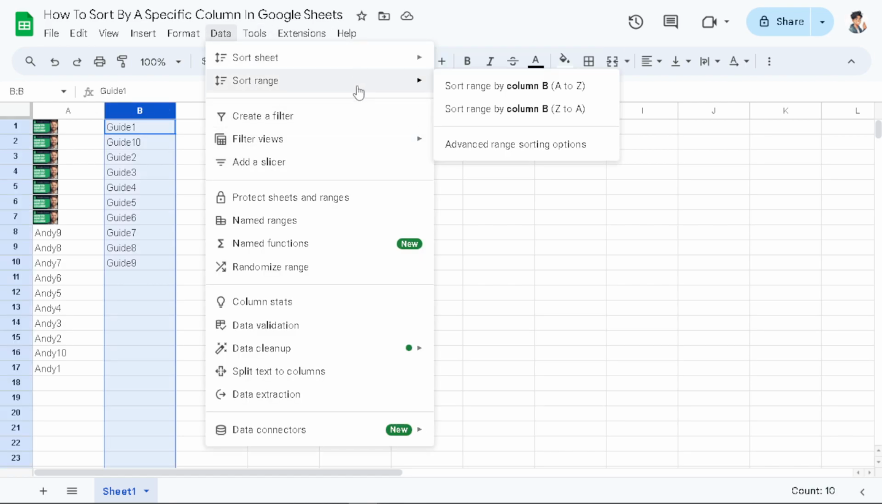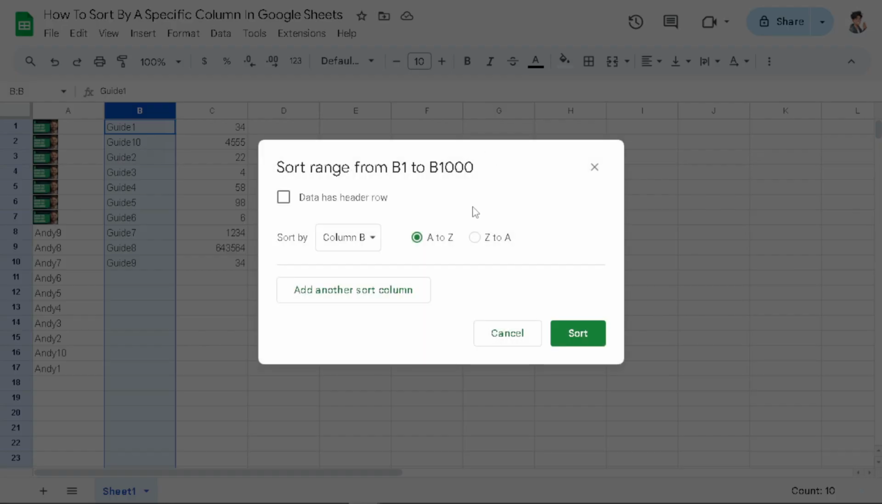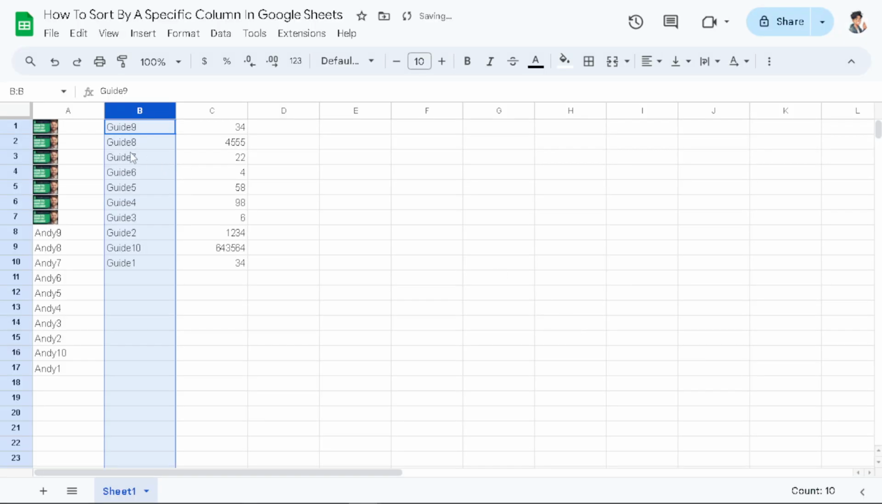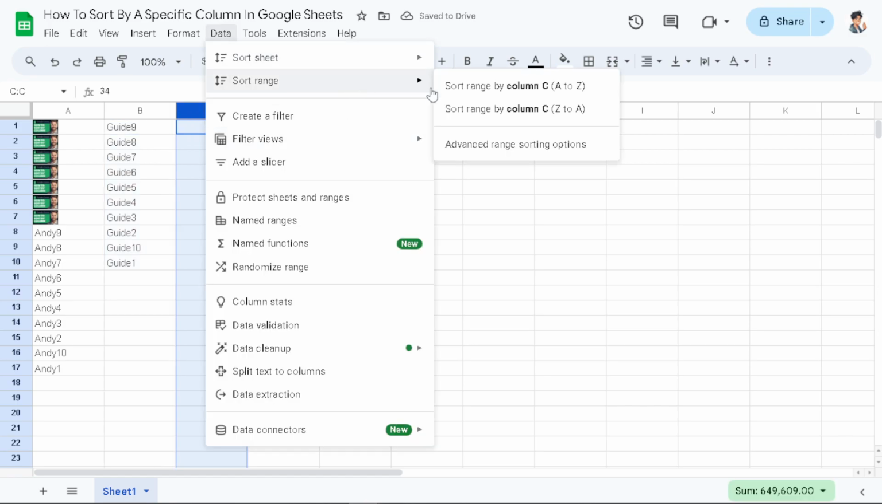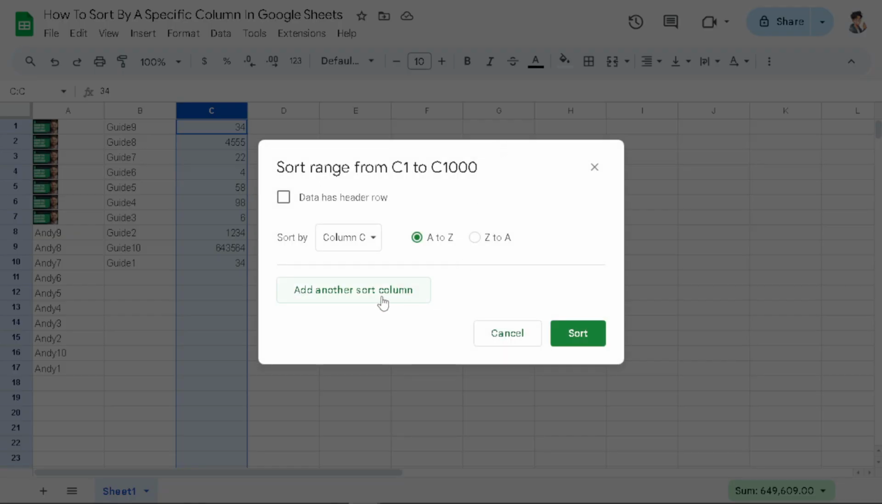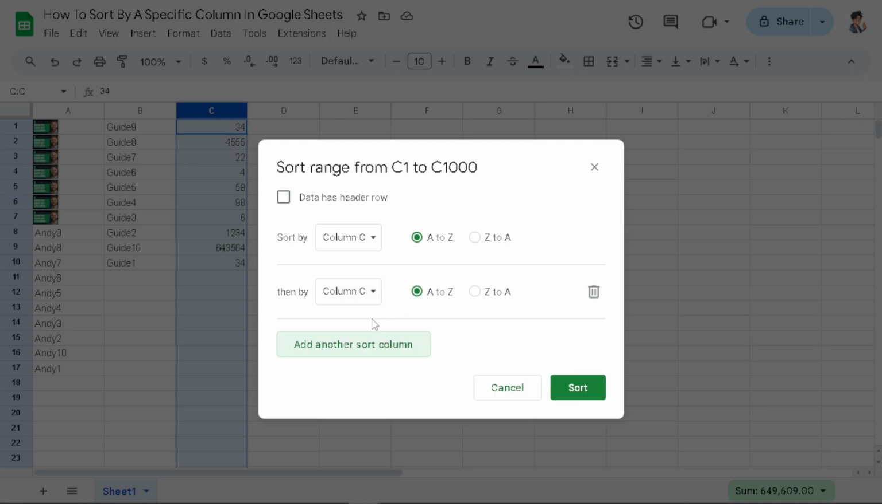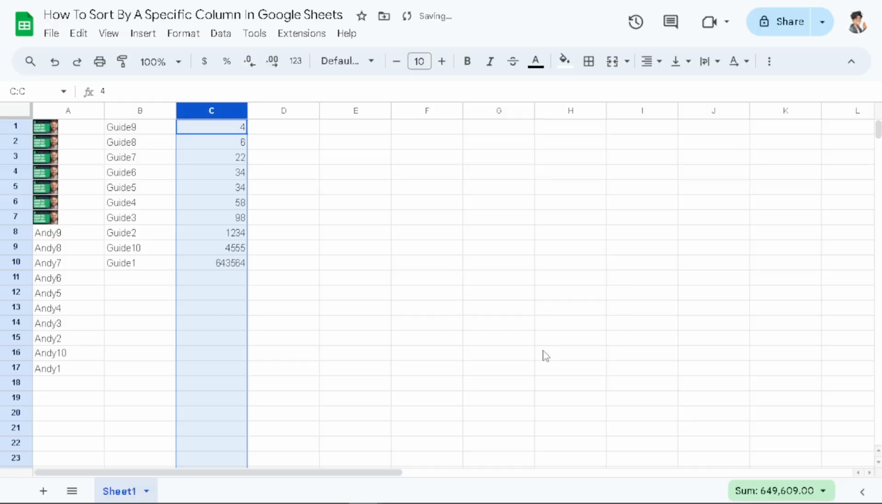Click on sort range, advanced range sorting options, column B. I wanted to work that out from Z to A. There you go. You see the option, right? Now, there's also an option here that says advanced range sorting. If you add another sort column, all right, say for example, that's going to be for column C, and then you sort it by Z to A, what's going to happen is